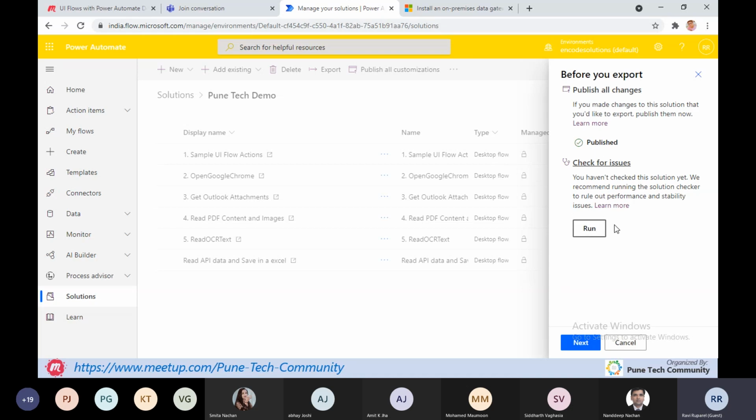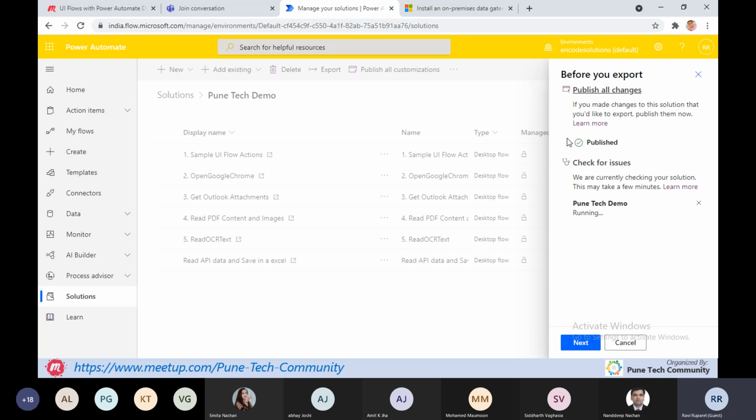Clicking on the run to check if there are any issues or not. It may take some minutes to check all the flows.